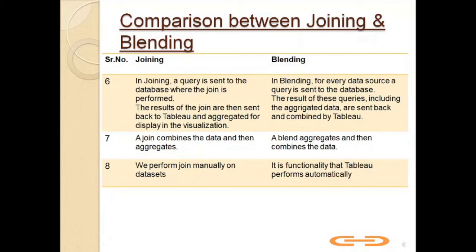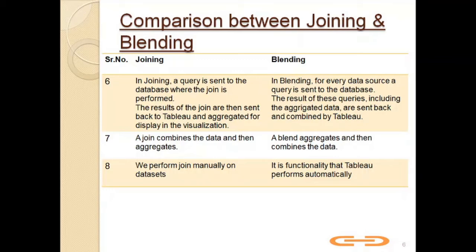In joining, a query is sent to the database where the join is performed. The result of the join is then sent back to Tableau and aggregated for display in the visualization. Whereas in blending, for every data source, a query is sent to the database. The results of these queries, including the aggregated data, are sent back and combined by Tableau.